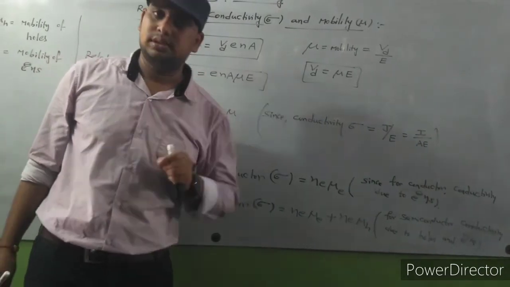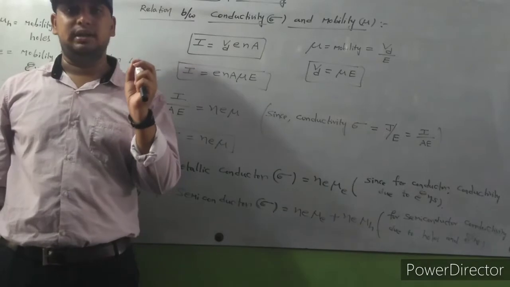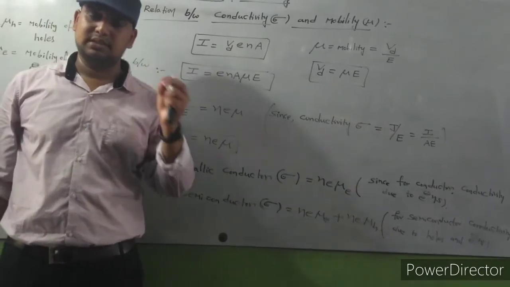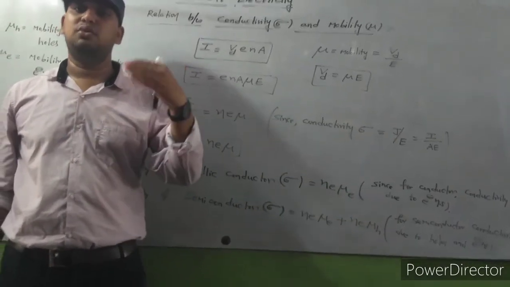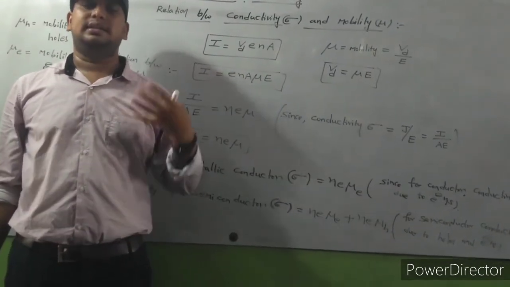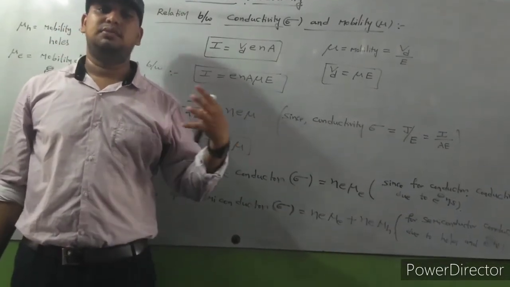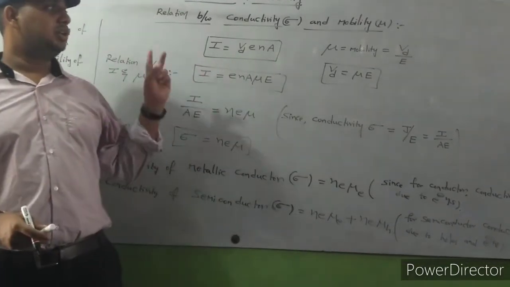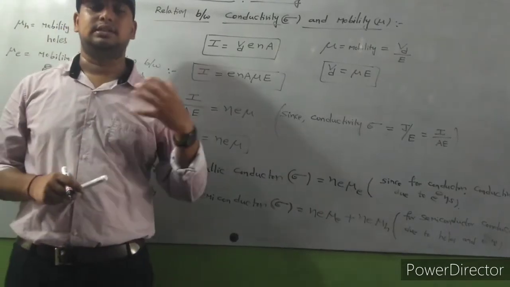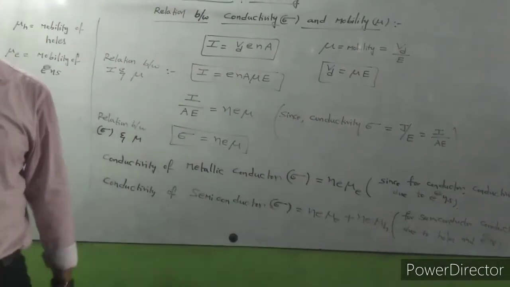electrons and holes. Dear student, so we are going to discuss two more important concepts. After completion of these concepts, we are going to discuss resistors connected in series, resistors connected in parallel. So those concepts we are going to discuss. Before going to that, two important concepts are there. I will discuss them now.